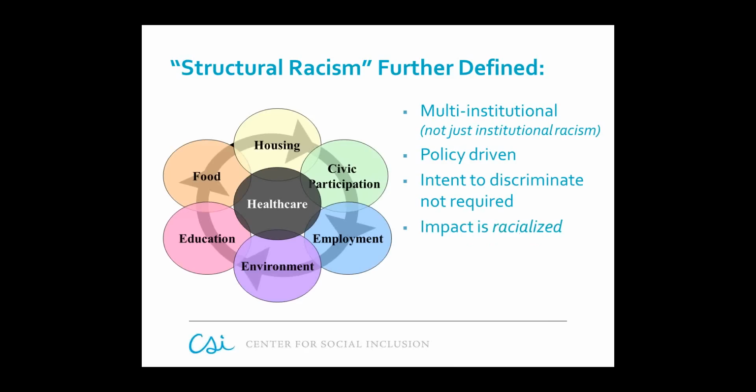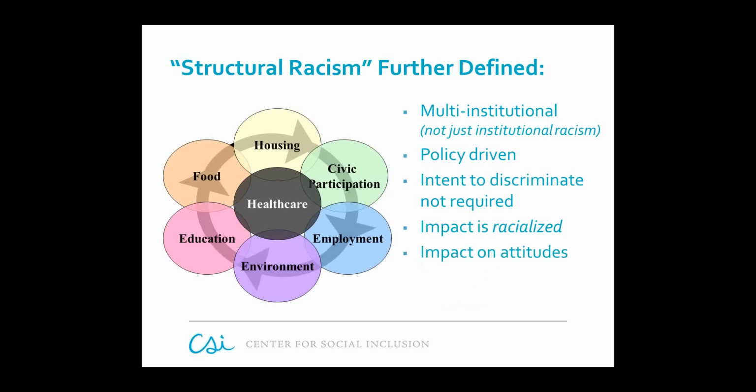People of color are more often than not positioned poorly in structures, so the impact of policy is racialized. People of color are oftentimes near the worst schools, far from jobs, closer to environmental hazards. They have the worst access to good and healthy, affordable food. But it's also important to understand that structural racism harms everyone by shrinking the tax base, by underfunding public services, creating social tension, limiting economic growth, et cetera.